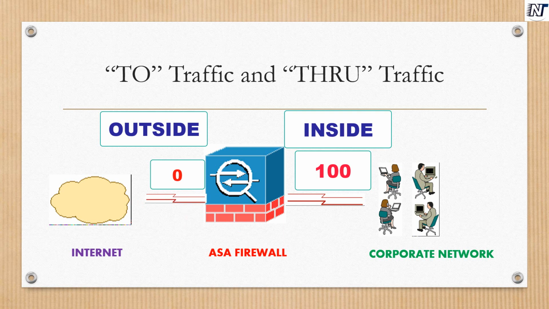So how do you allow the traffic from the other side? That means from low to high. For that, I need to create an ACL, access control list. The ACL will need to explicitly allow the initiated traffic. By default, the traffic coming from low to high is blocked. If you do want to allow it, you need an explicit permit statement to allow that traffic that is initiated from outside to come in. The ACL will also help for the ping traffic. You will need to put an explicit entry for the ICMP traffic as well.